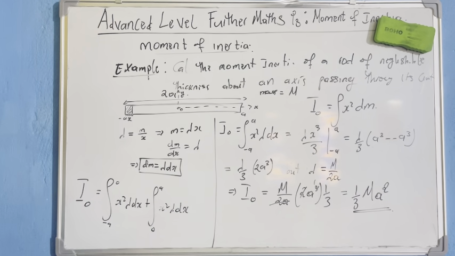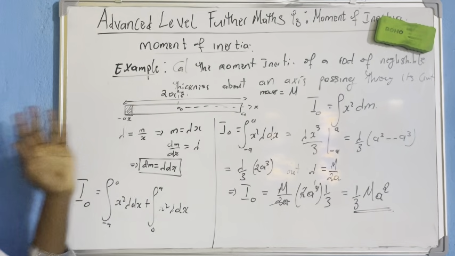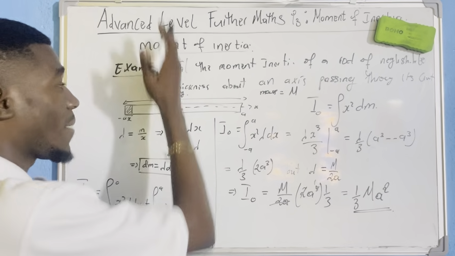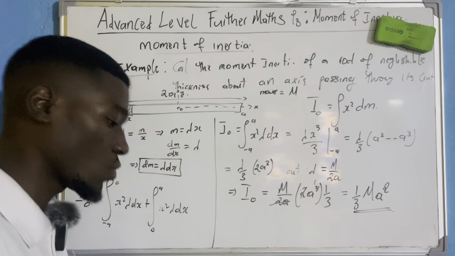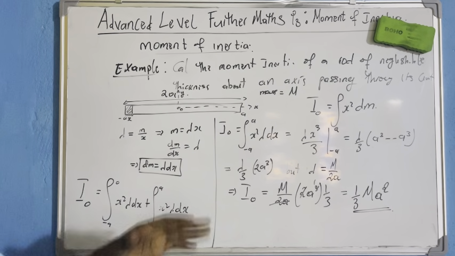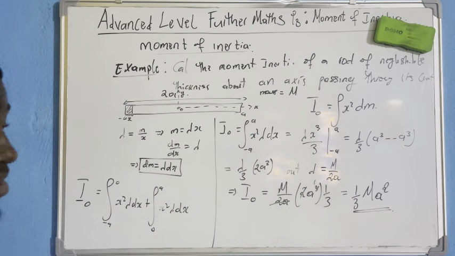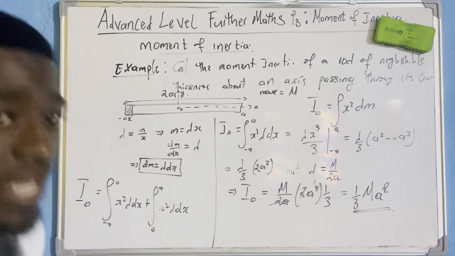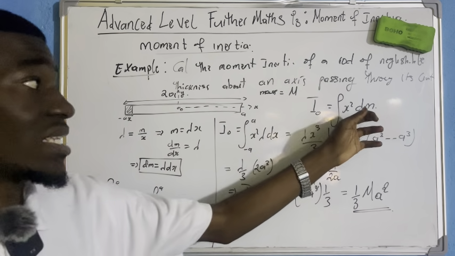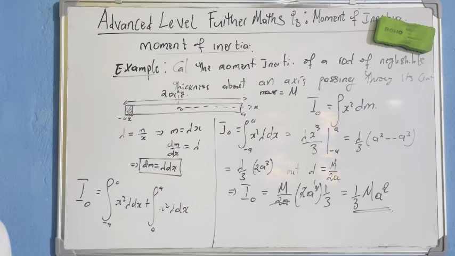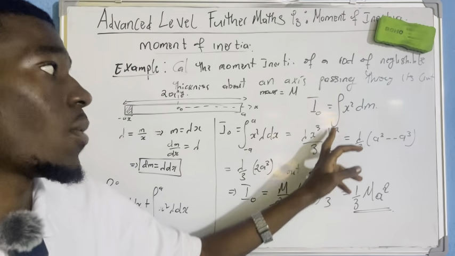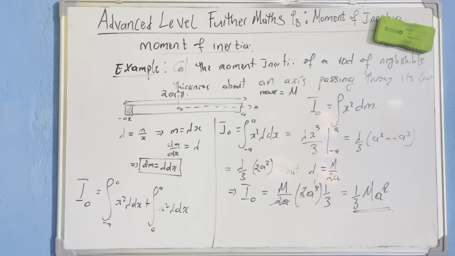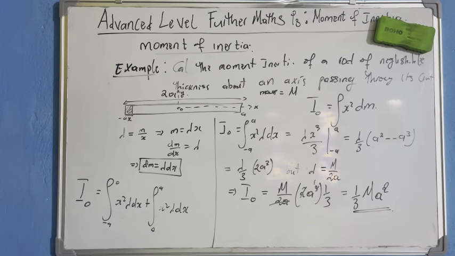Are you seeing that? Nothing to fear here, my students. Nothing to fear. As simple as that, you come up with the moment of inertia of the rod about its center. Formula to cram, procedure to cram. Sometimes they will ask you, which is the reason why I'm saying you should cram the procedure. You should understand the procedure and cram the formula. Okay. No reason even to cram the formula. You can still understand it. Moment of inertia is a mass times the distance squared. Now, since it's a continuous body, you are supposed to put an integral. Okay. So that is the moment of inertia of a rod about an axis passing through its center.